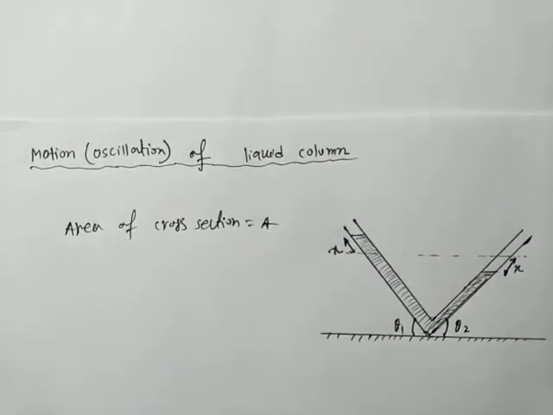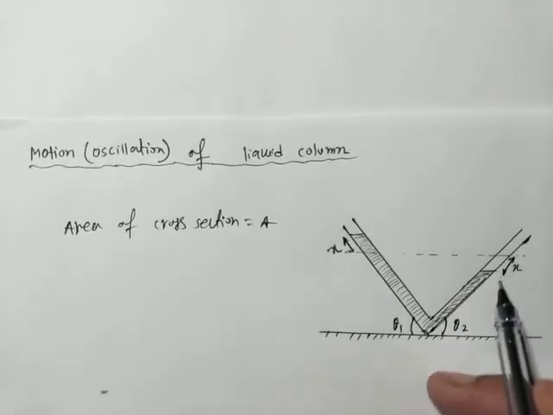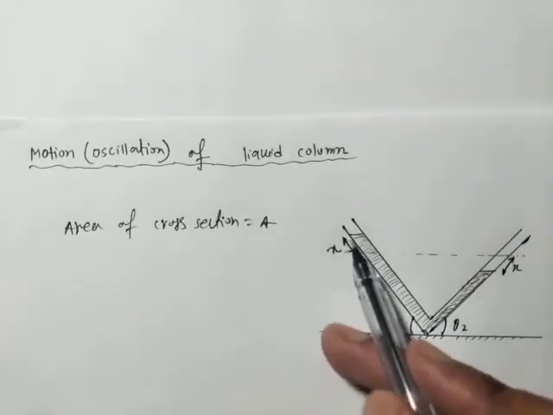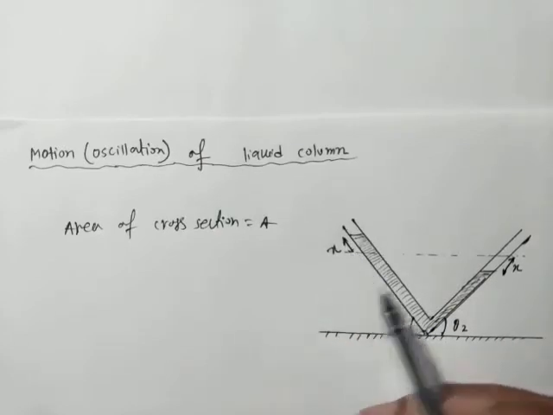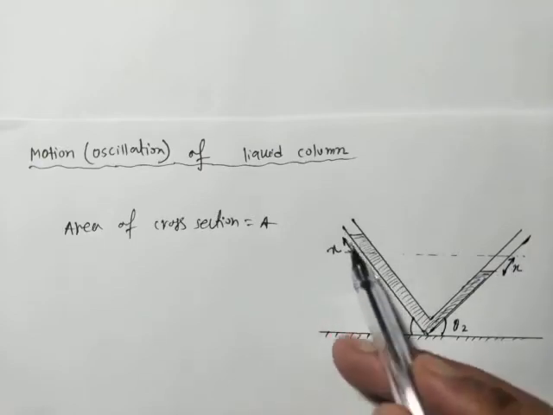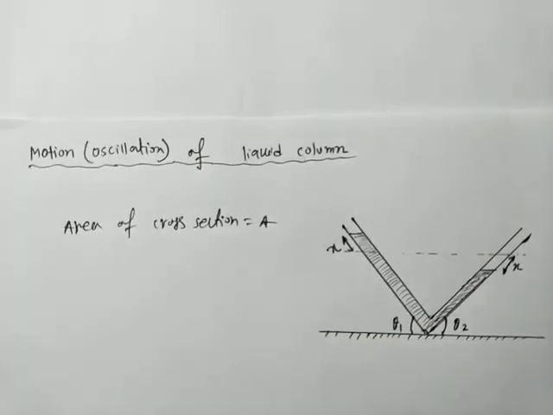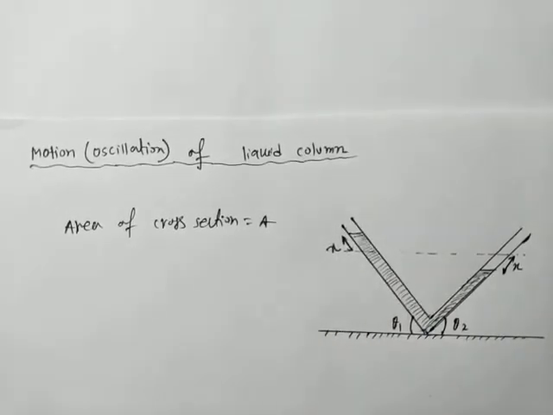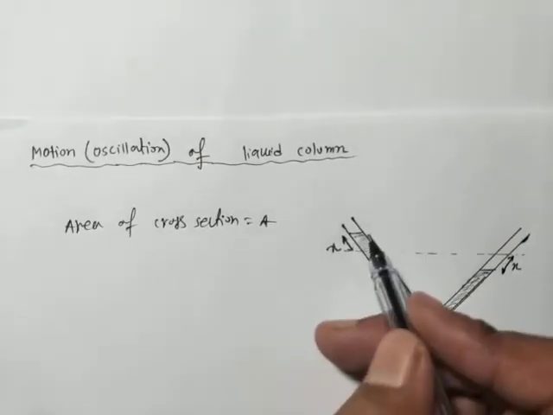Now, if the liquid is depressed by x in one limb, then it will rise by the same height in the other limb of the tube. When you depress it here by x, the rising of the liquid in this column will also be x. So there will be a pressure difference due to the height difference, because when we talk about this x, a vertical height difference will arise over here.